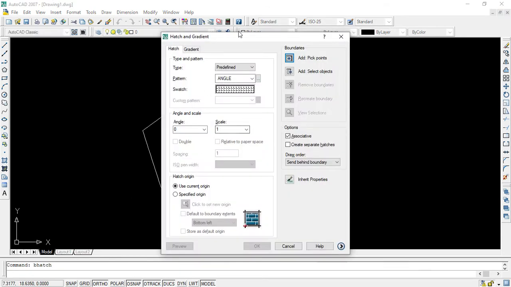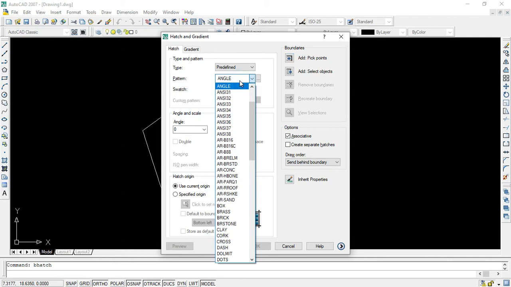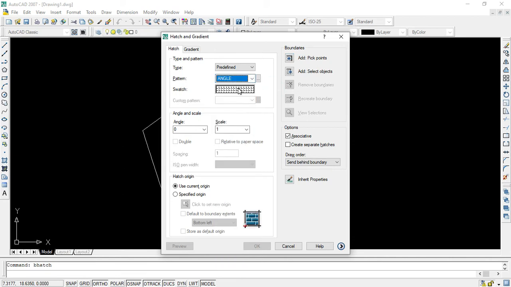Then this type of screen will appear. So all of you just remember this, the command is B heads. Now I have already told you that the type of the pattern and patterns variables can be chosen from the library of patterns available. So this is the library, and this is the preview. These are the libraries.